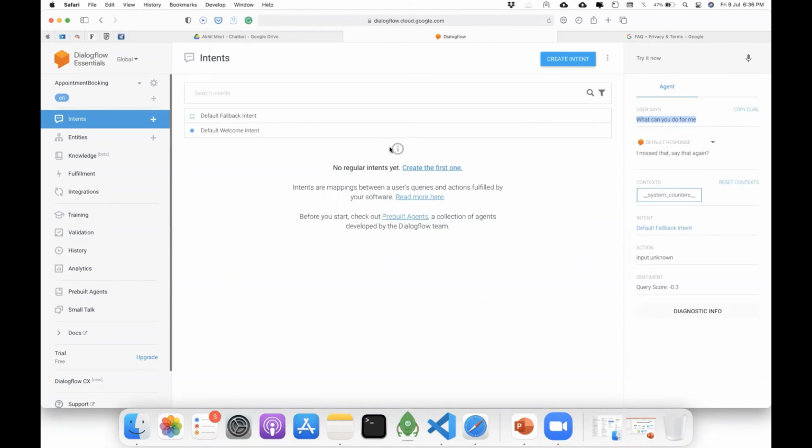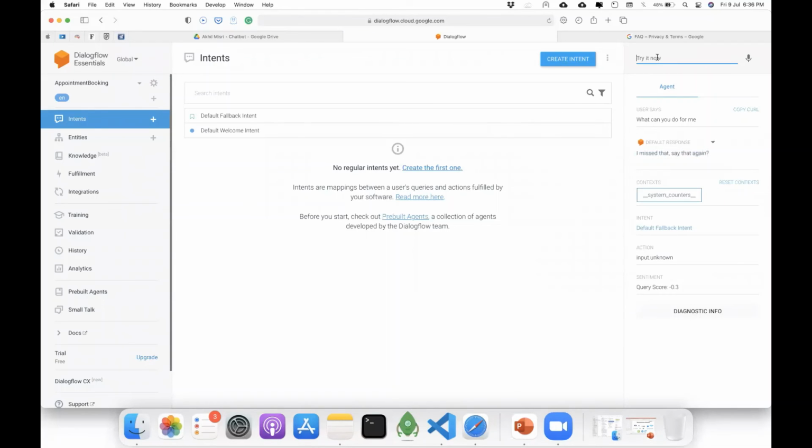It is basically taking the fallback intent and saying, I must say that again, or it will say something else. Because you need to make sure that your chatbot is trained with something that the chatbot itself is not aware of. So you need to have good responses written. This is a default response. So make sure it is a bit humorous, so that users feel good to interact with it, rather than feel like the chatbot is irritating, right?